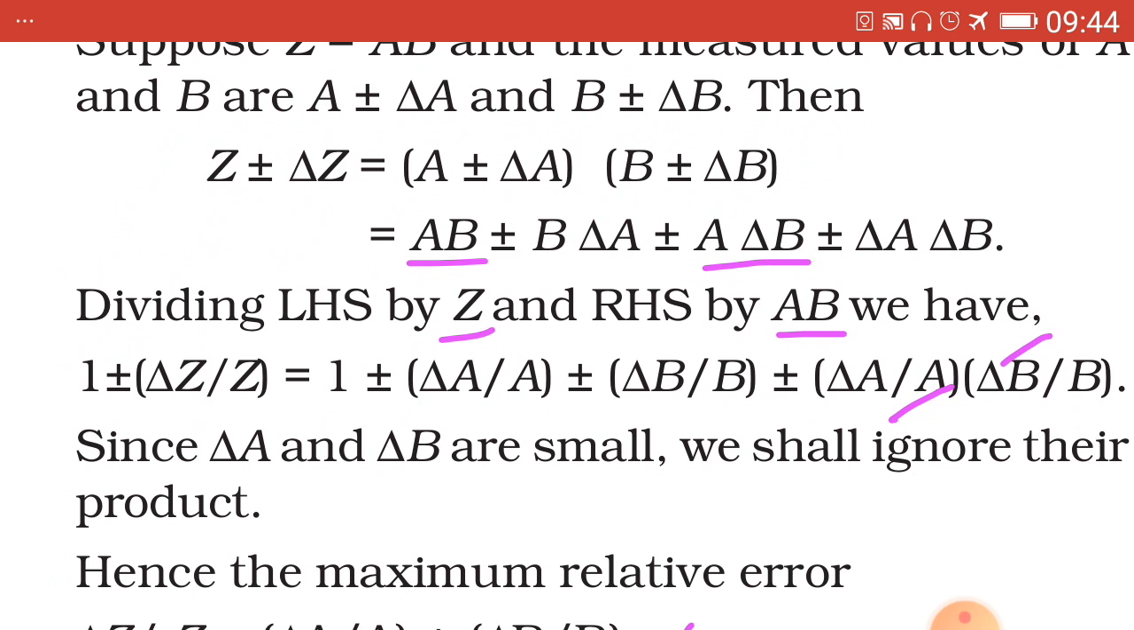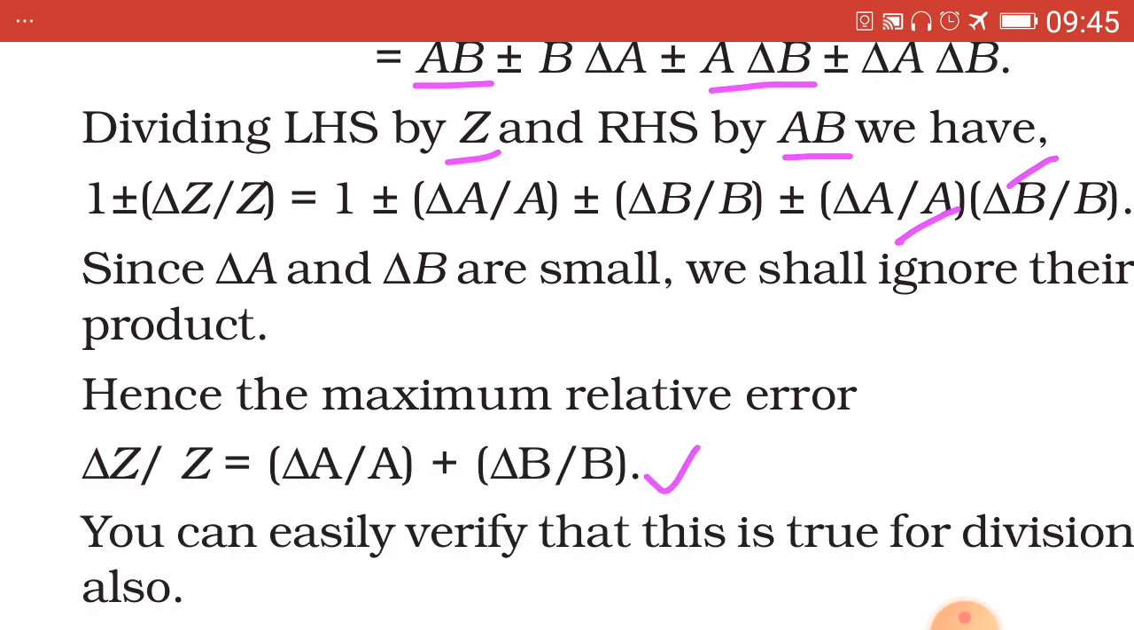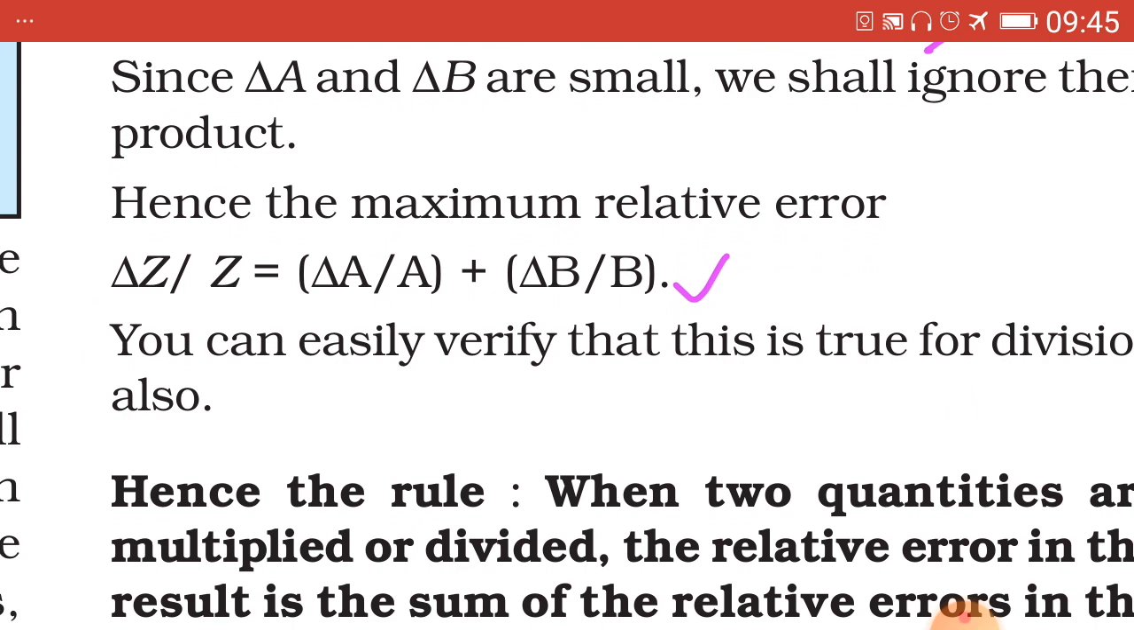So dividing LHS by Z and RHS by AB, we have this simplification: 1 plus minus delta Z upon Z equal to 1 plus minus delta A upon A plus minus delta B upon B plus minus delta A upon A into delta B upon B. Now the last term can be neglected because as the values of delta A and delta B are small, their product is very small, which can be neglected, and hence the maximum relative error will be delta Z upon Z equal to delta A upon A plus delta B upon B, and hence the rule